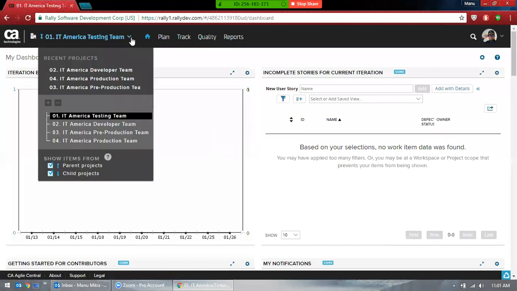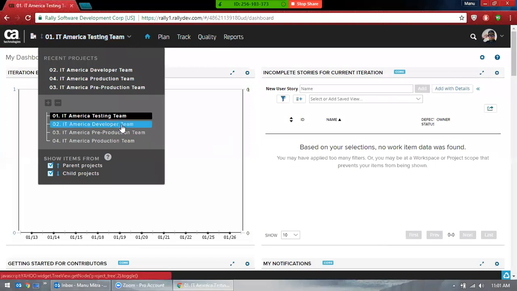This is what the project means, right? And here we only have 4, but really there will be some thousands of projects. And the question is, do you have access to that project? Whenever you have access, you can see it. If you don't have access, even if there are 1,000, you cannot see them here. Now, once you figure out which project you're working on, let's say this is my project.